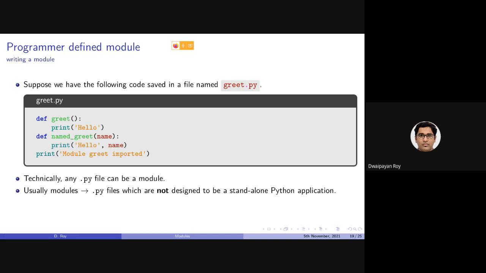Let's discuss another thing. Technically, any Python program file can be used as a module.